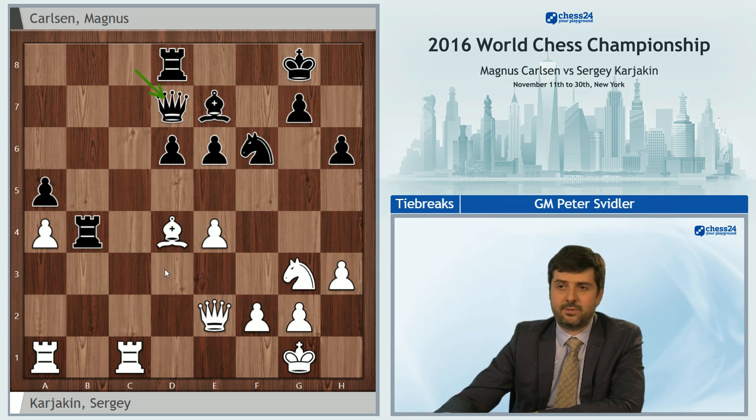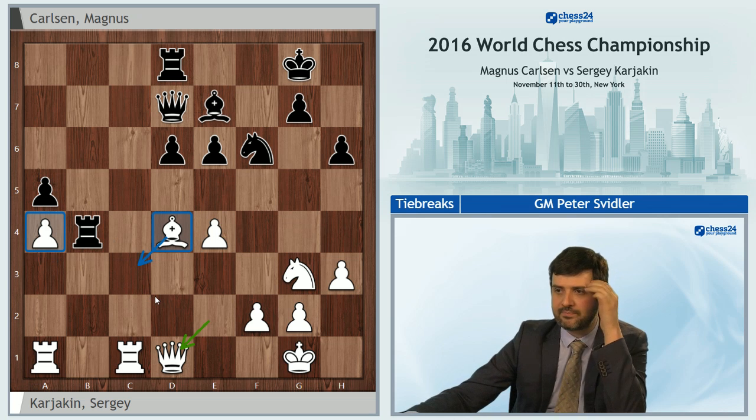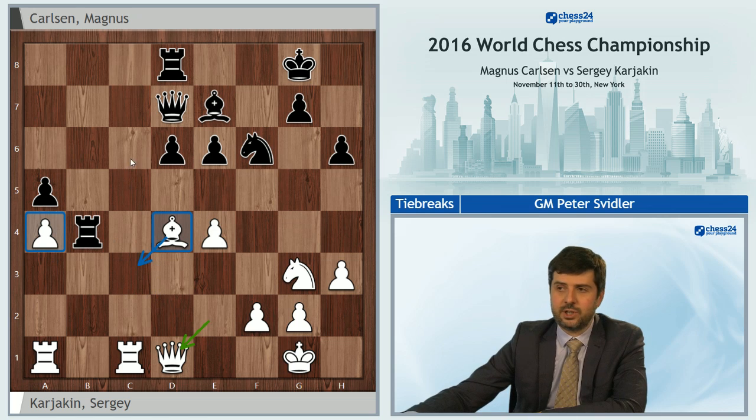And this perhaps was the final moment for Sergey to at least ask a question, because he could play queen d1 here, protecting the bishop on d4 and the pawn on a4 and creating a very unpleasant threat of bishop c3, to which black probably would need to find a very precise move, rook c8,